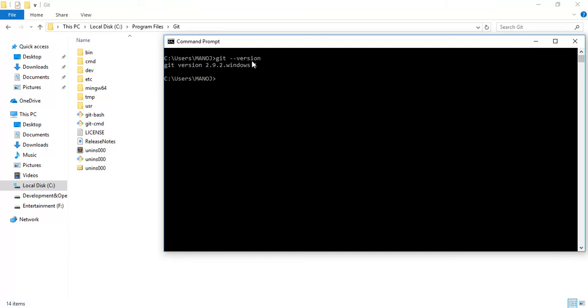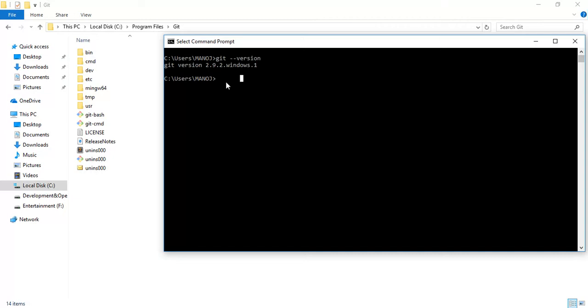Once you fire this command, you can come to know which version of Git is installed in the system. The latest version is 2.12, but when I downloaded it, it was 2.9.2. So once it is done, then we can head forward